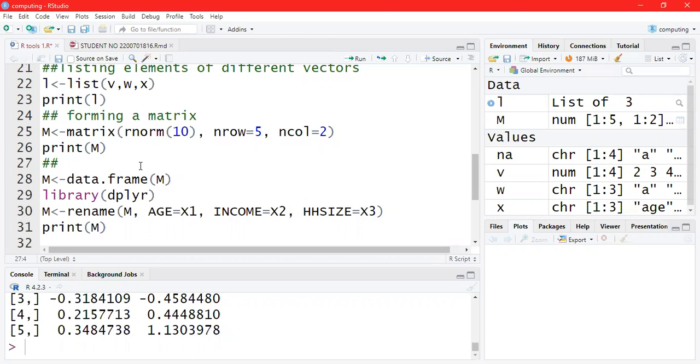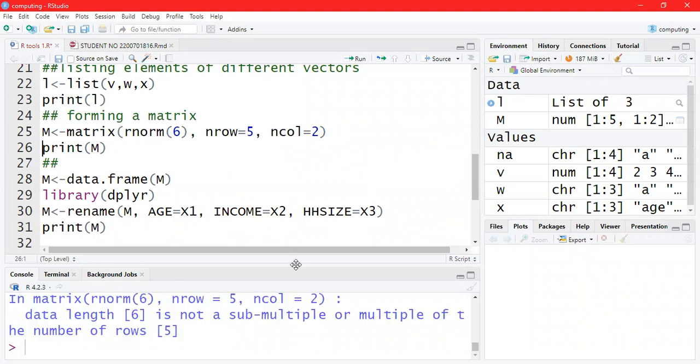But you cannot take 6 numbers and put them in a matrix of 5 by 2, because it cannot form a matrix. If I try to put a 6, it will tell me